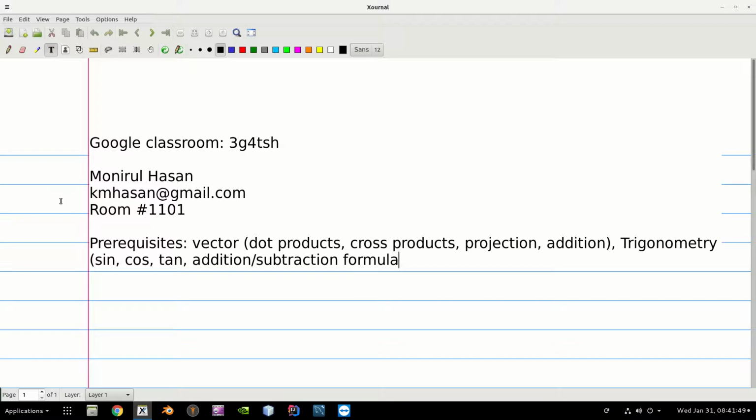For example, if I ask you to expand sine alpha plus beta, right? What's going to be the expansion of that? You should be able to write that formula because we are going to use that in some other mathematical model for something called shading. Okay, so we need trigonometry,